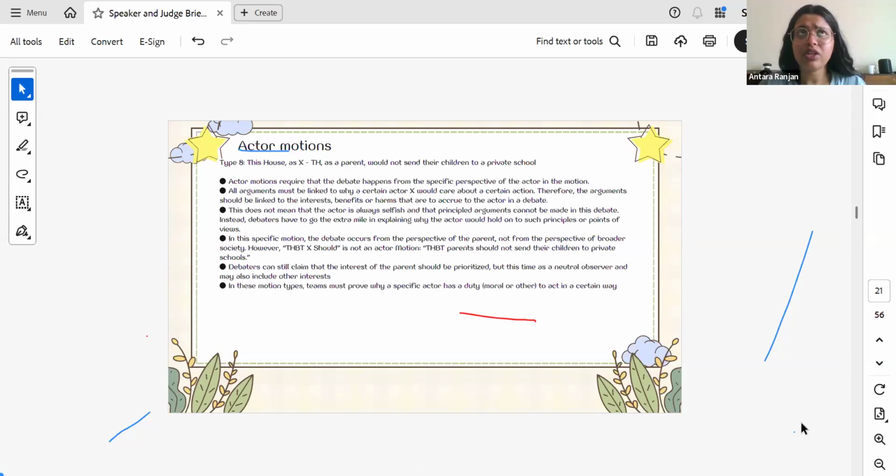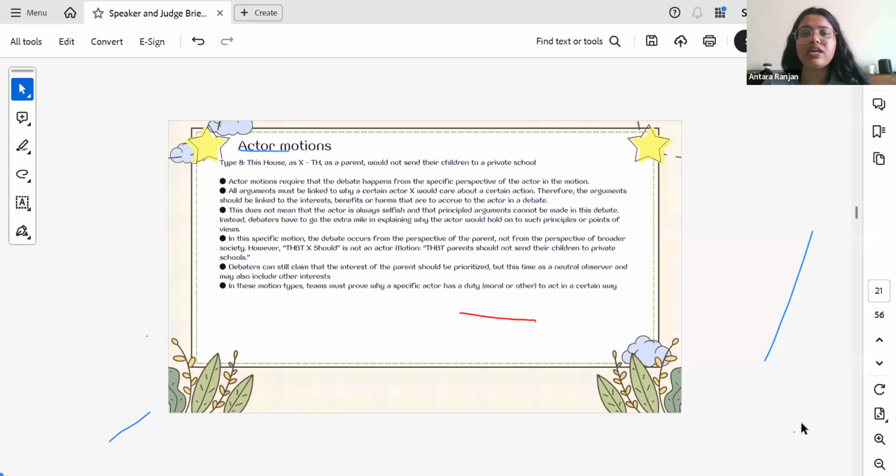So, this house believes that the government should ban smoking. That's not an actor motion. This house believes that parents shouldn't send their children to private schools. That's not an actor motion. This house, as X, is an actor motion. So you can still claim that the interests of the parent should be prioritized, but if it's a THBT